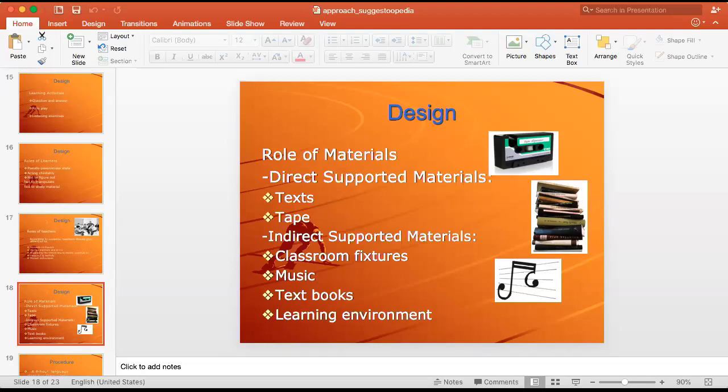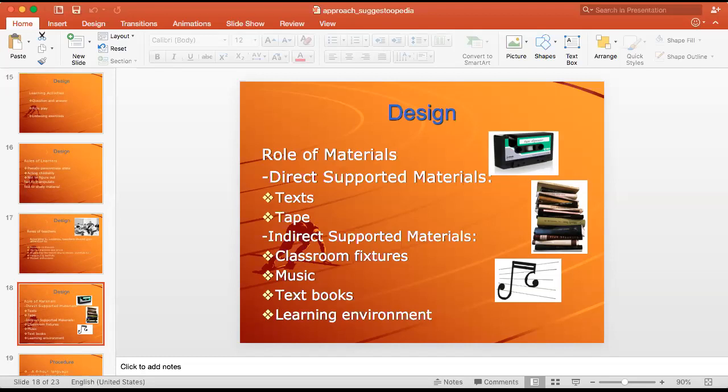So the direct material is the handout that is provided by the teacher, and then there can be recordings also that can be played,